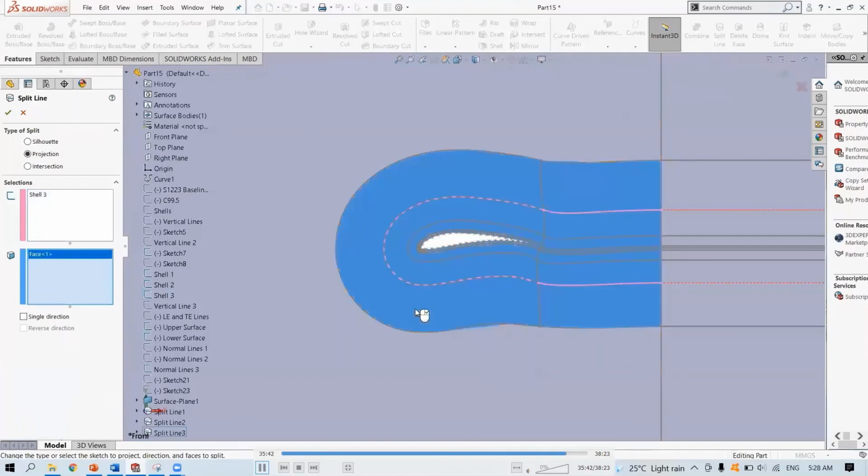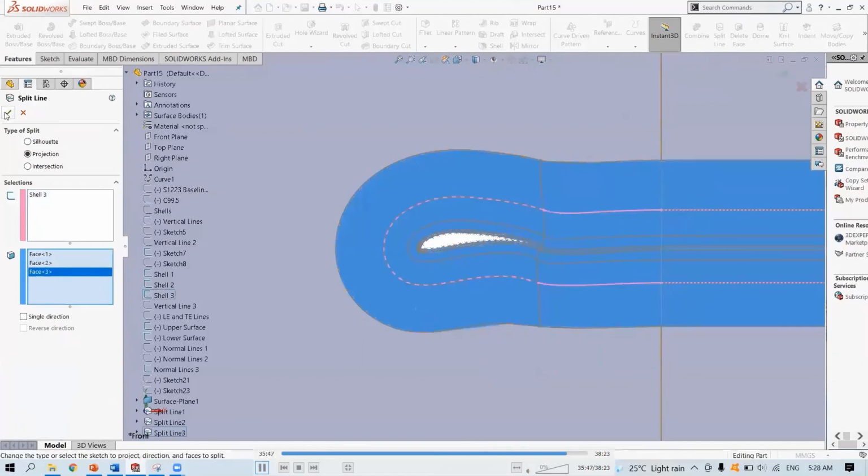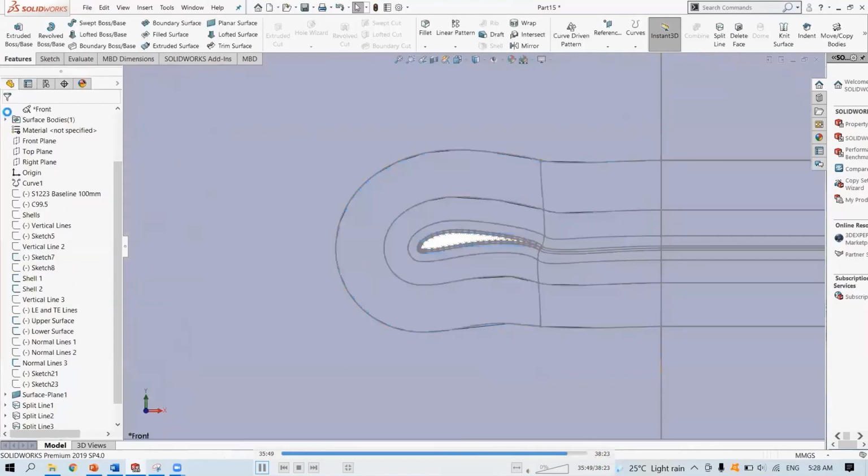Shell 3. You have to select its faces where you wish to split.